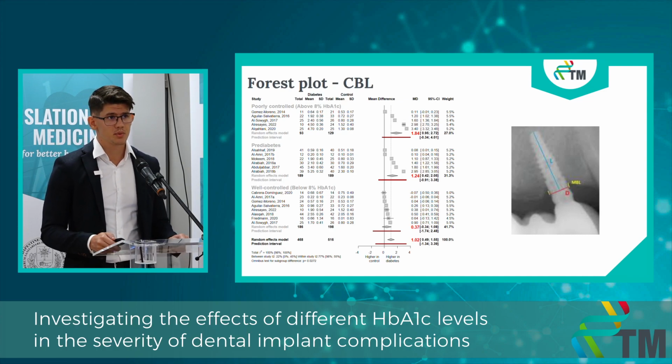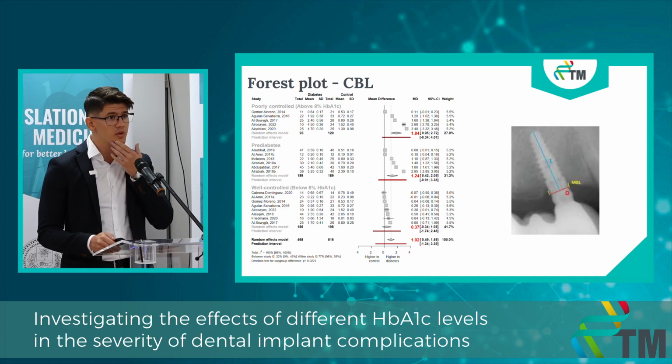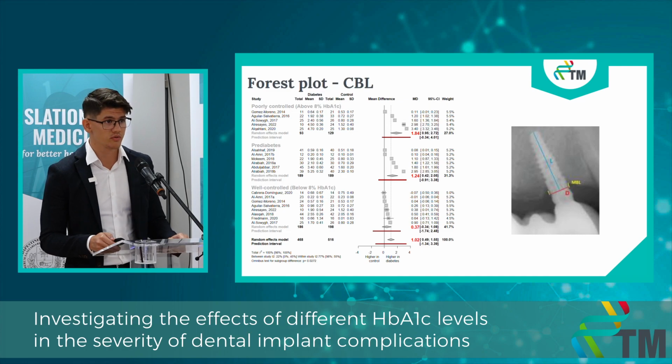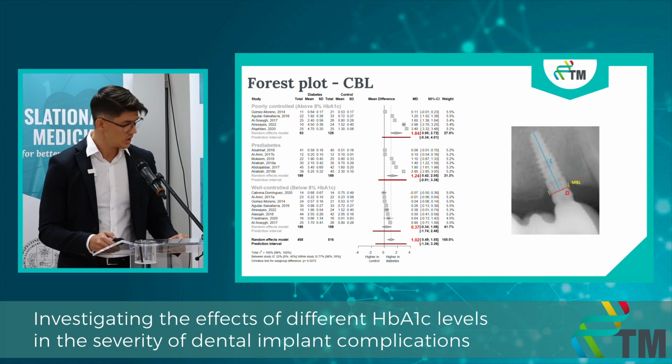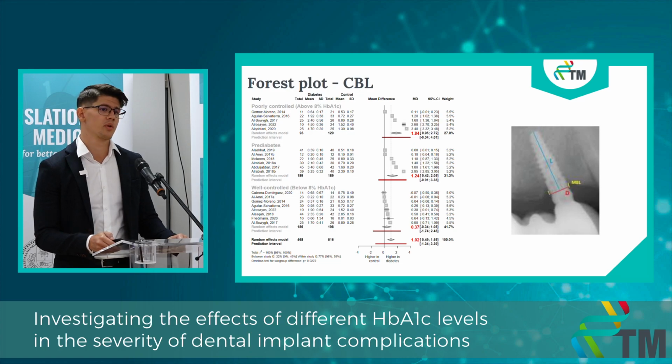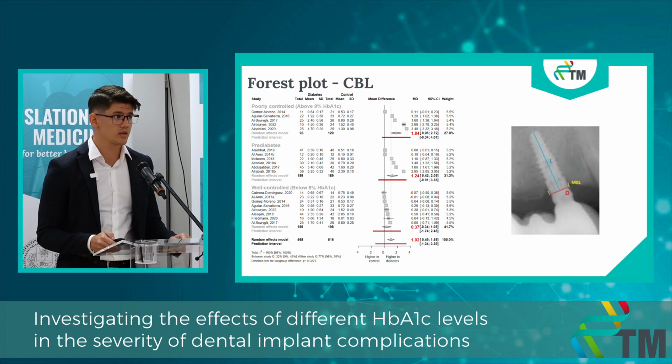For this analysis, we have used, for effect sizes, mean differences with 95% confidence intervals. The results are in millimeters, and we have 19 studies in this analysis. We have used subgroupings based on the patient's glycemic control. We have differentiated between poorly controlled and well-controlled patients, and we have placed patients with prediabetes in a separate group as well. The overall outcome for this result is 1 millimeter, which is both statistically significant and clinically relevant as well,